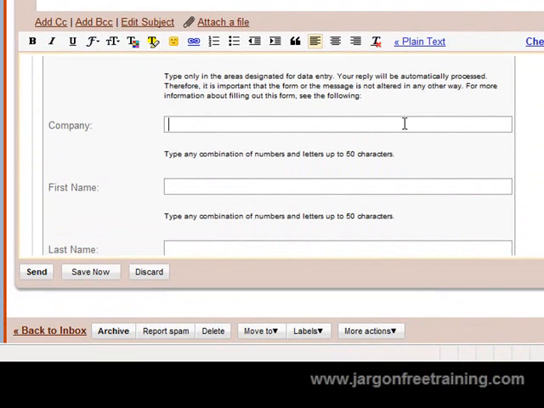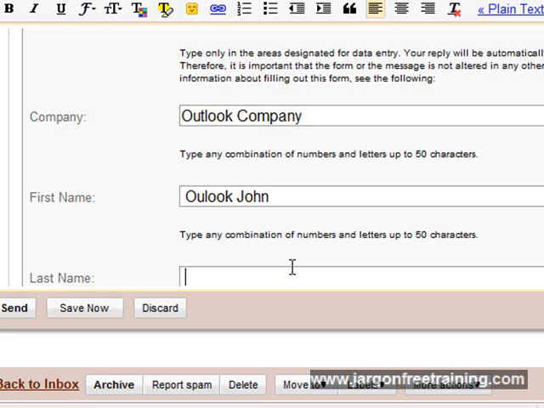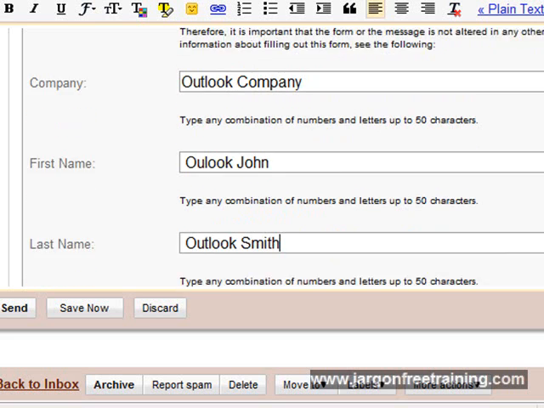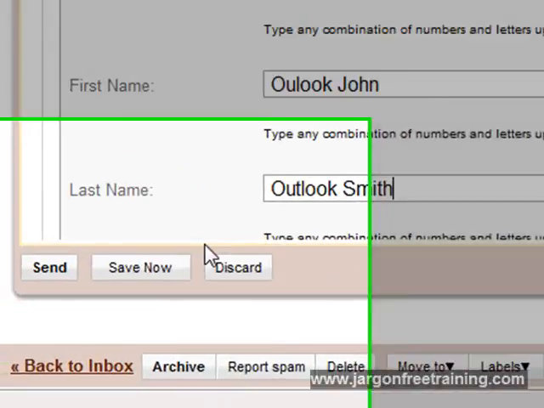So to make it distinct so that we can see what's going in the table, I'm going to add in a company called Outlook Company, Outlook John, Outlook Smith. So that's what's actually going to be loaded into our Access table. So now if I hit send,